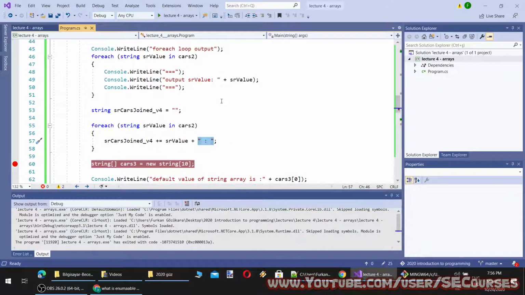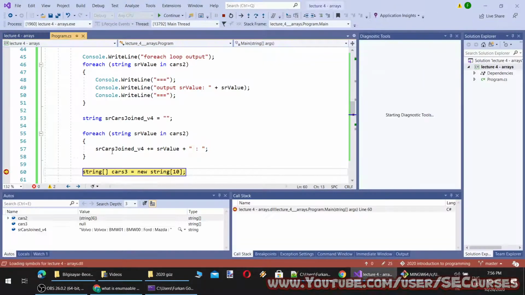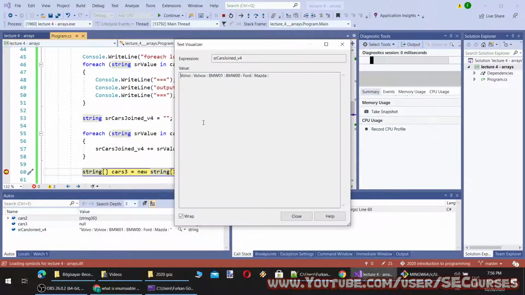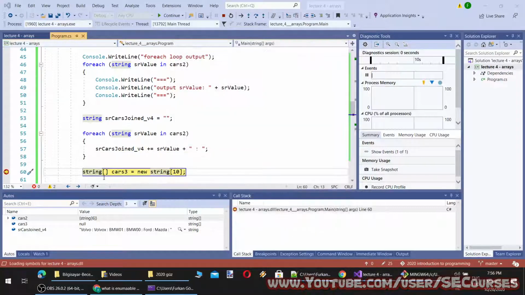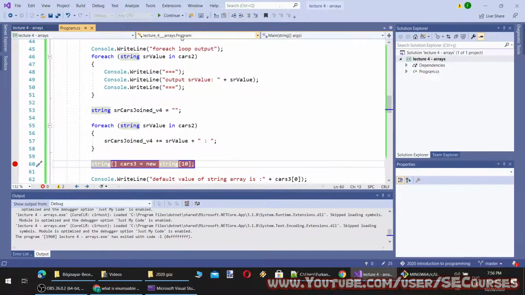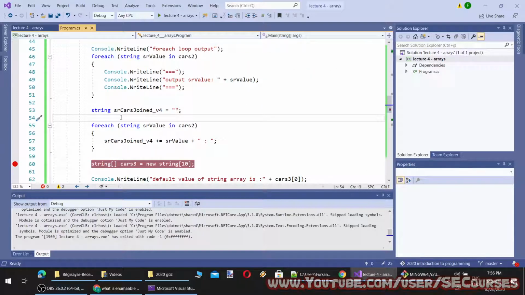Okay, so this is going to compose the end result like this. You see, we have an extra colon and two empty characters at the end. So how can I remove that? I can use a counter to decide whether to add this value or not, like in a for statement. Let me show you that.